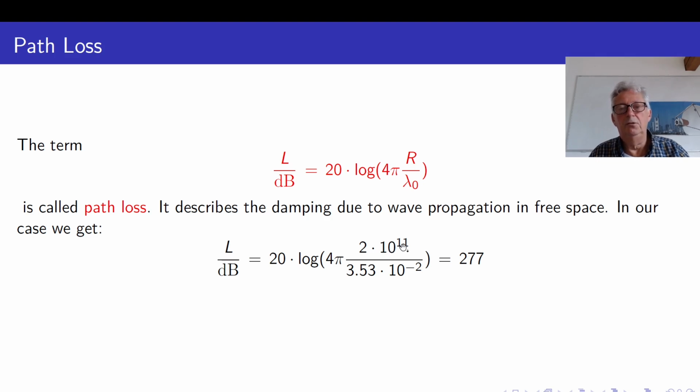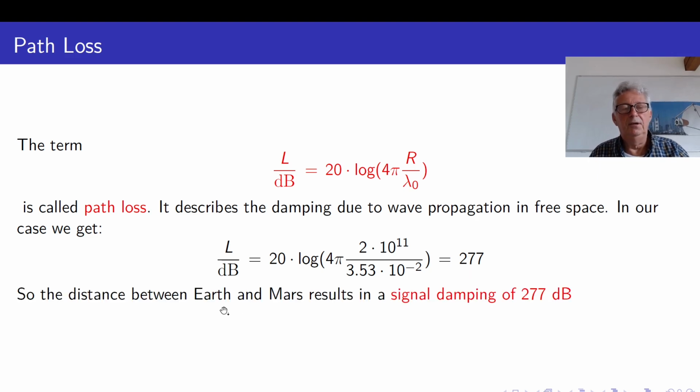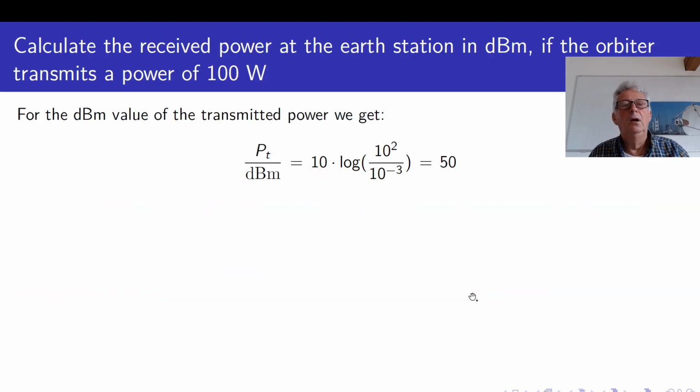You have to change the kilometer into meter, and we end up in a value of 277, which says that the distance between Earth and Mars results in a signal damping of 277 dB. And now the question arises, calculate the received power at the Earth station in dBm if the orbiter transmits a power of